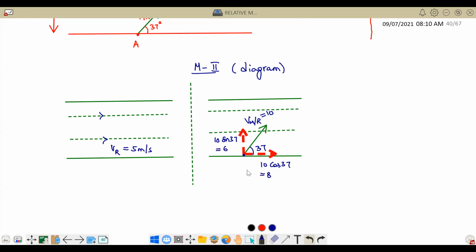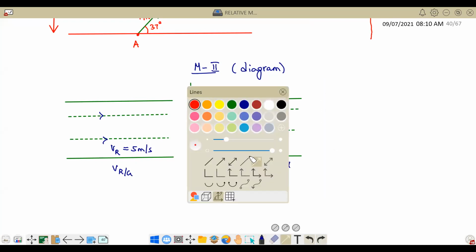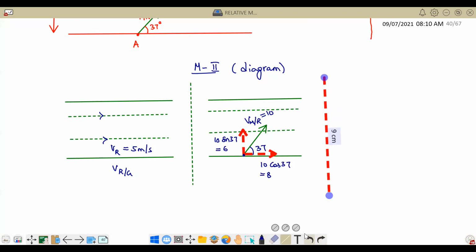Now see here. This is what you call velocity of man with respect to river. That means when the river is at rest, the man is moving like this. Correct or not? But now actually when you combine these, this is called velocity of river with respect to ground. Correct or not? But finally when he is swimming in the river,